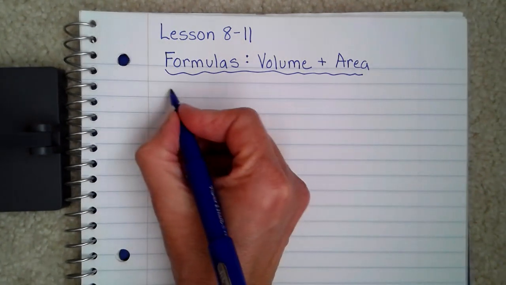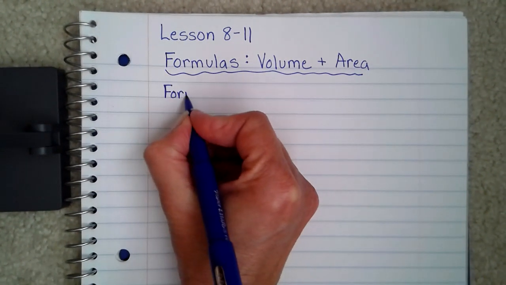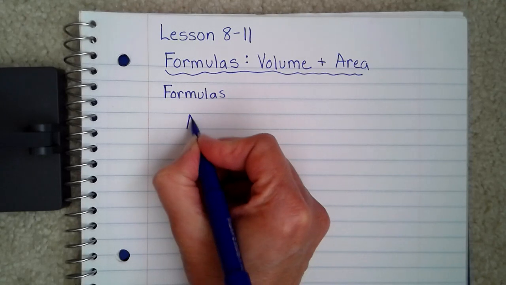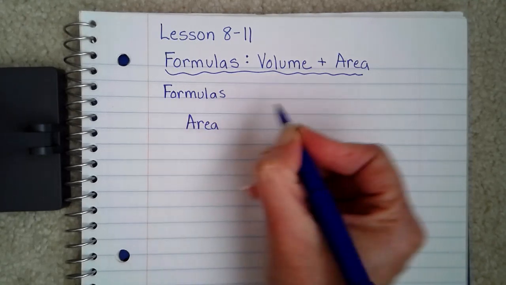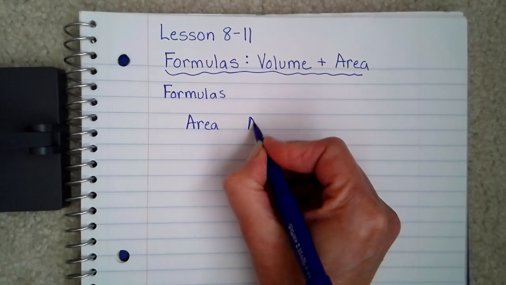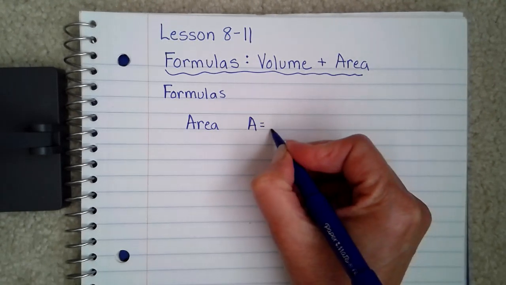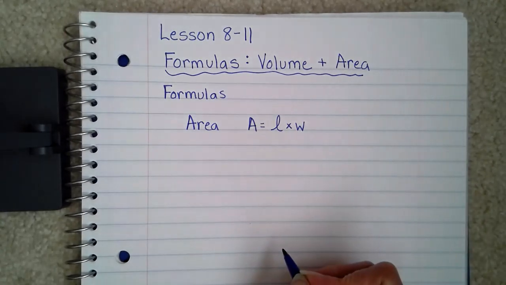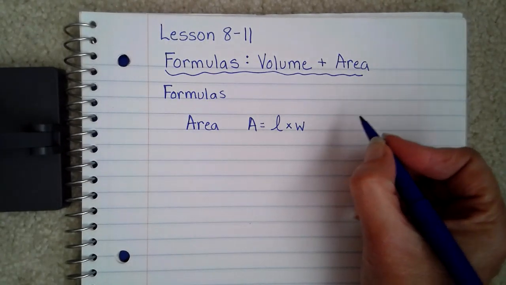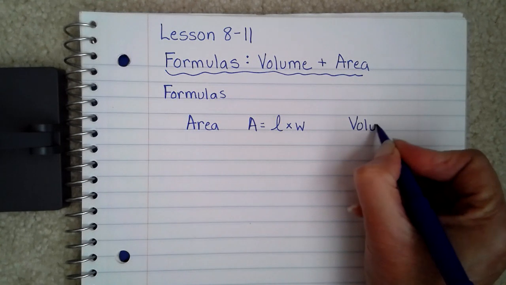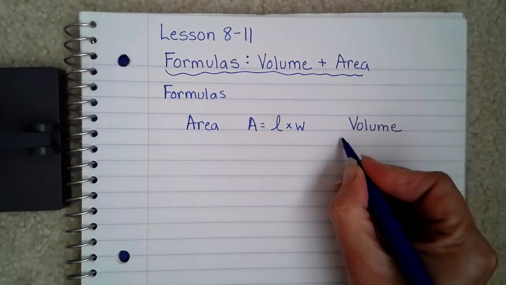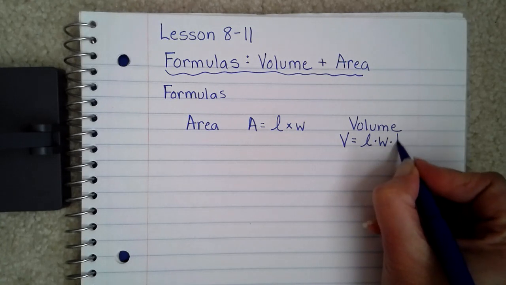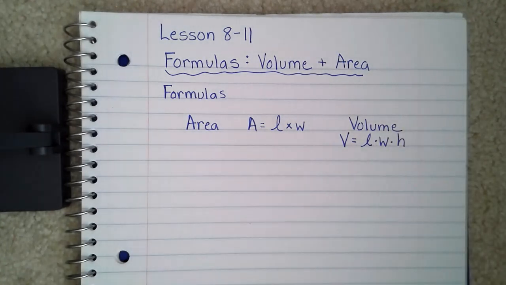All right, so our formulas for area. Now remember, we have A stands for area equals the length times the width. And then for volume, we have the volume equals the length times the width times the height, because the volume is three-dimensional, whereas the